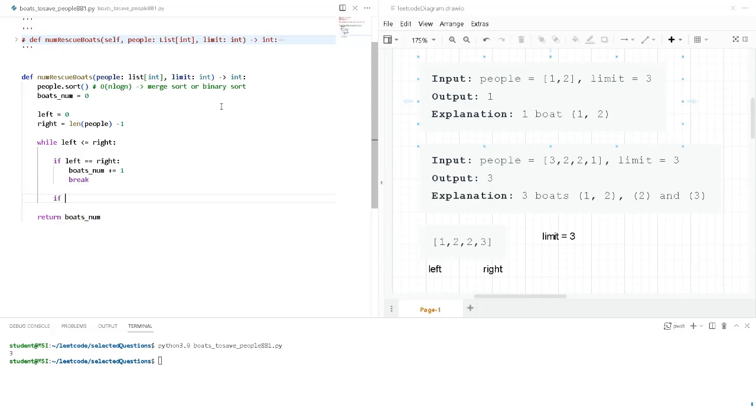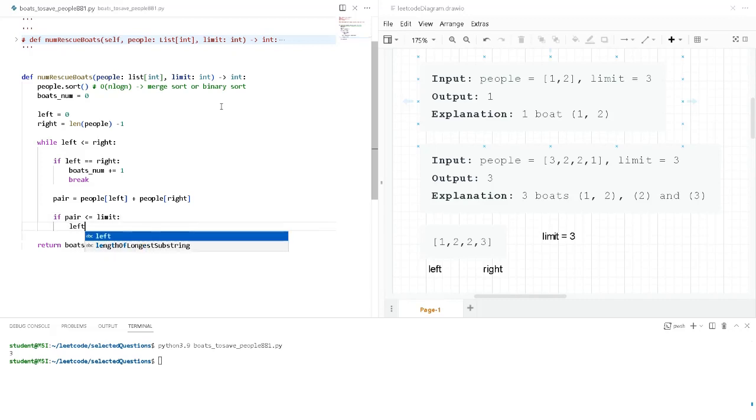Otherwise, if we pair the person from the left and the person from the right, and their weight is less than the given limit, then we have to increment the left,